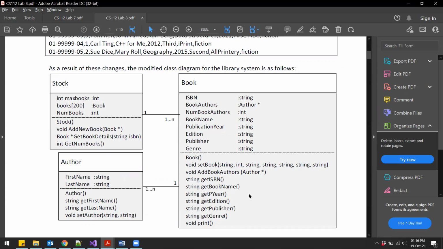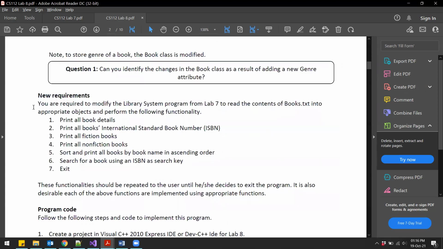The new requirements: you are required to modify the library system program from lab 7 to read the contents of books.txt into appropriate objects and perform the following functionality. So we have to print the book details, print all book ISBN.